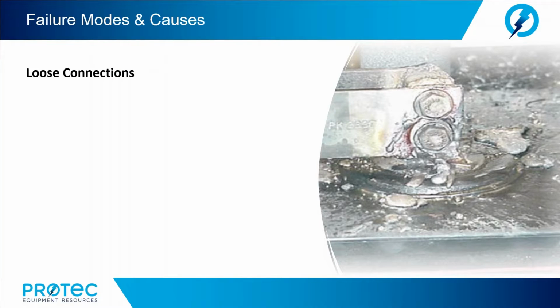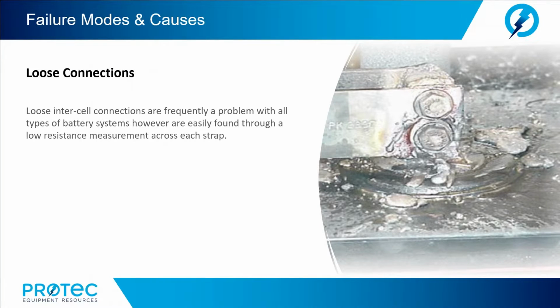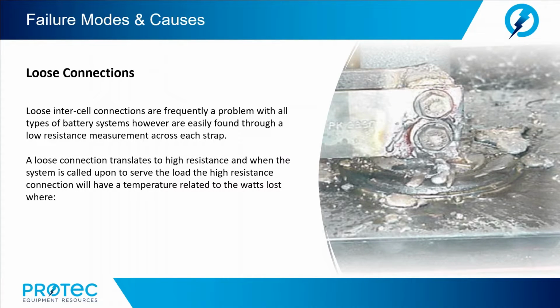All right, next let's look at loose connections. Loose intercell connections are frequently a problem with all types of battery systems, however, are easily found through a low resistance measurement across each strap. A loose connection translates to high resistance, and when the system is called upon to serve the load, the high resistance connection will have a temperature related to the watts lost, where watts lost is equal to the I squared